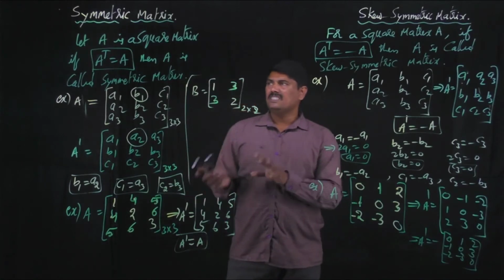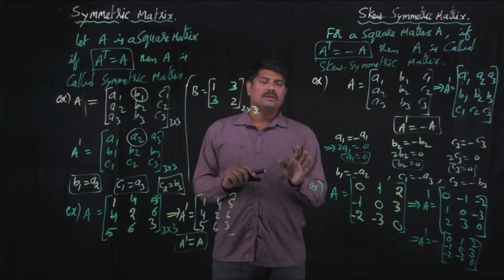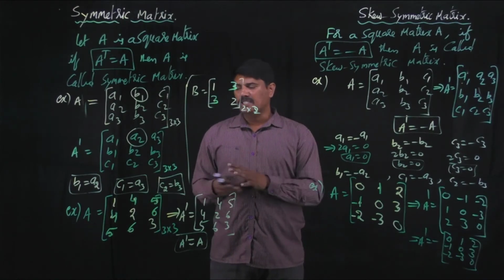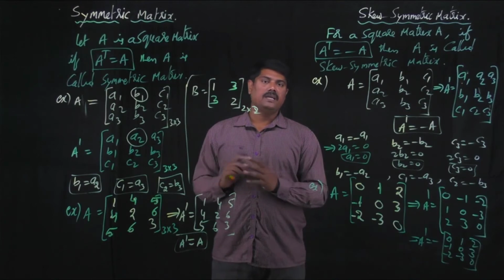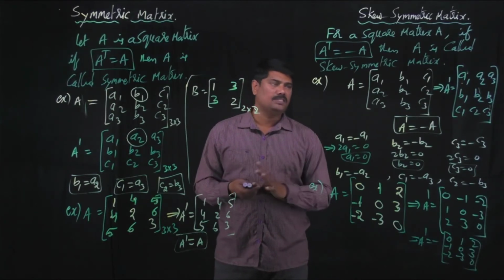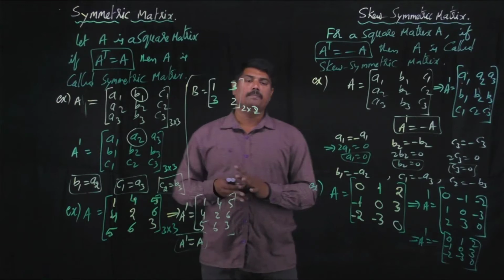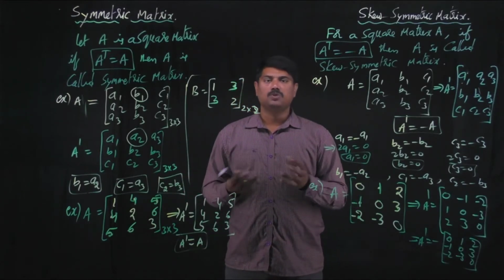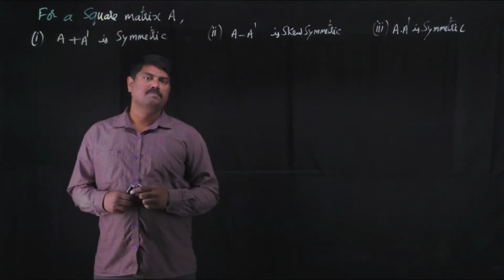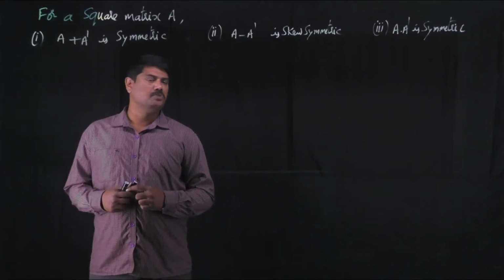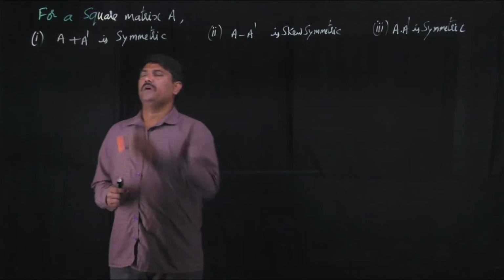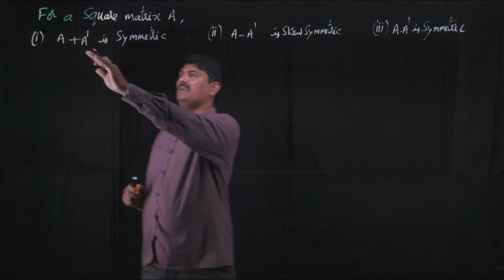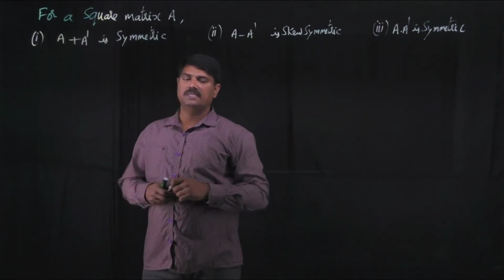So this is the concept: definitions of symmetric and skew symmetric matrix, and how to construct examples of a 3 by 3 symmetric and 3 by 3 skew symmetric matrix. Definitions are also important, and you can give examples with your own chosen elements. Now let us do some properties related to symmetric and skew symmetric matrix definitions. We have the first one. For a given square matrix A, we need to verify A plus A transpose is a symmetric matrix.